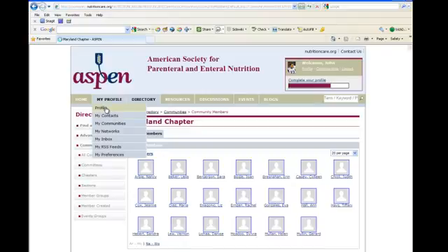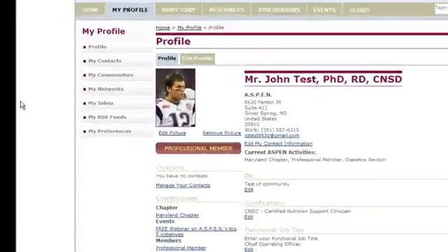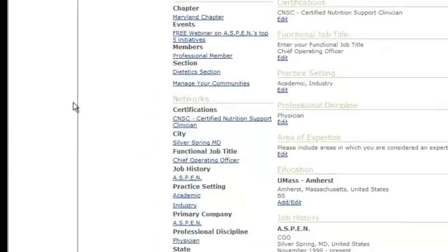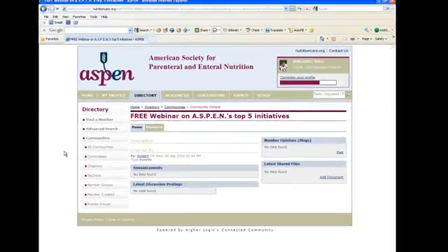Let's step back to the profile and take one quick look at another contact option for you, which is based on events that you register for. This is a brand new option for ASPEN, and I think one that's very exciting, as it'll allow you to connect with people you know will be attending these same events as you. Specifically, when we'll be looking at Clinical Nutrition Week, you'll be able to make contacts in advance of actually traveling to the city. So if you know that friends or colleagues will be there, you can make arrangements to have dinner. If you wanted to start doing room sharing, you could do that as well.